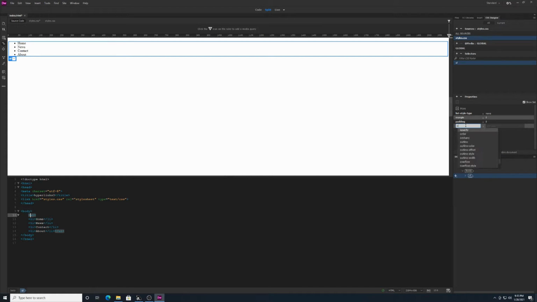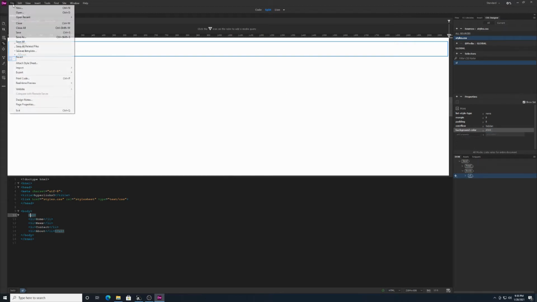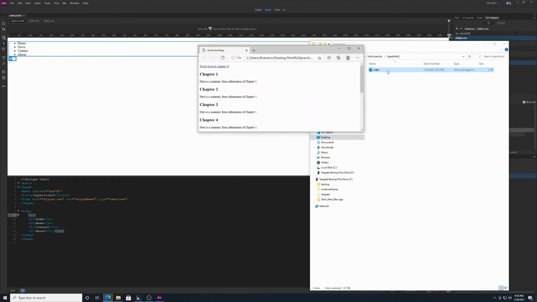Alright, and then I'm going to go overflow, and I want overflow to be hidden, and then I will add one last one for this, background color, and I'm going to go pound 333 and enter. Alright, so let's go to file and save all, and let's see if this is going to, no, that's